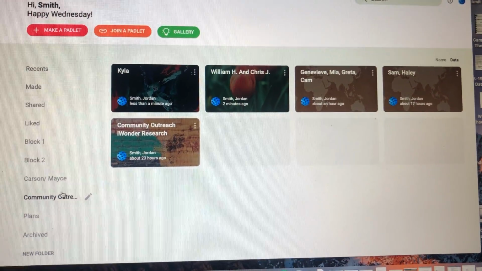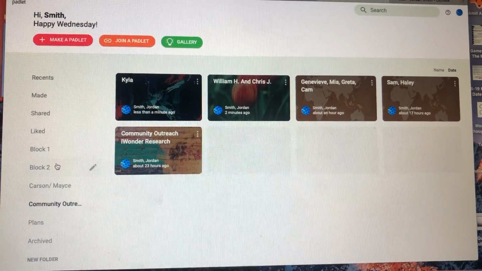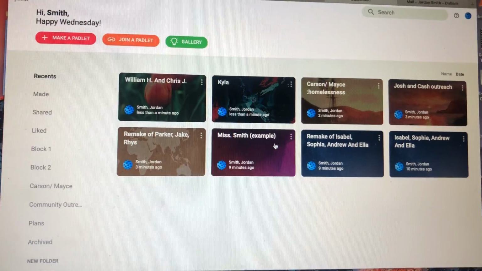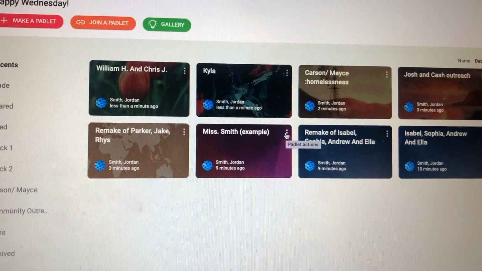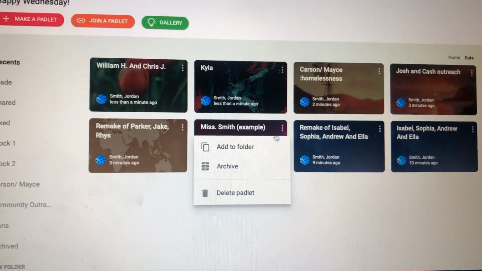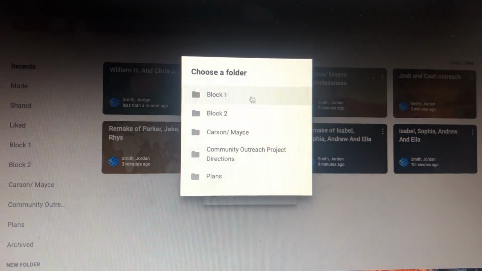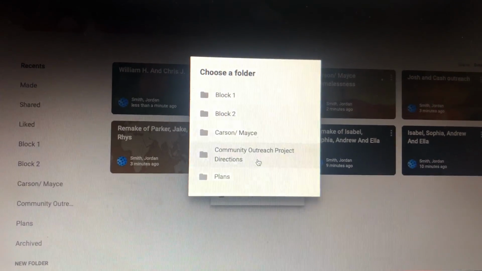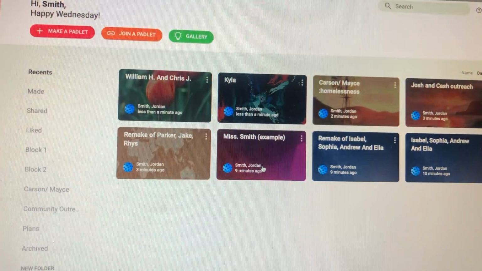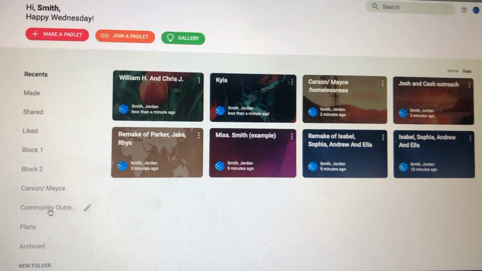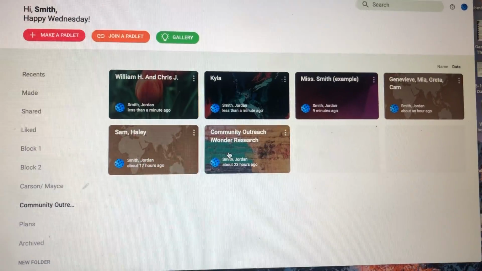Now what I'm going to need you to do is go back into your Padlet. So I just recently made that example. Here's mine. I'm going to click on the 3 dots and I'm going to click on Add to Folder. Then I'm going to need to add it to the Community Outreach Project Directions folder. That is where you're going to find it every time that you are going to look for your Padlet specific